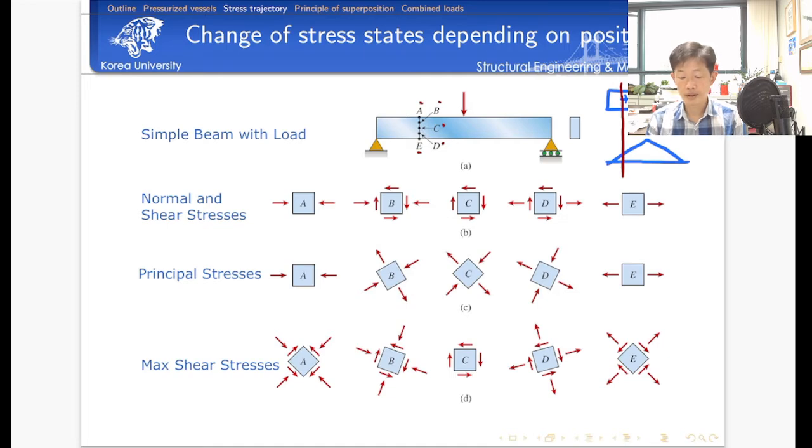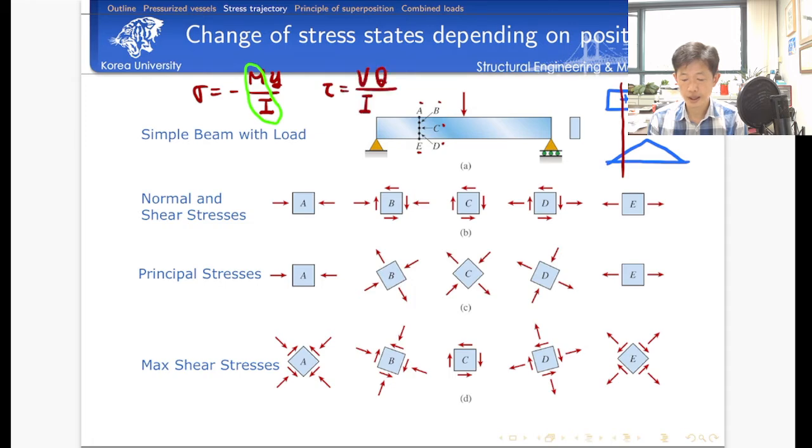Then the normal stress is given by the moment, the y coordinate, and the second moment of inertia. Because we already fixed the position where we want to calculate the bending moment and the shear force, these two quantities are fixed. Only the y coordinate is variable. And then the shear stress is equal to